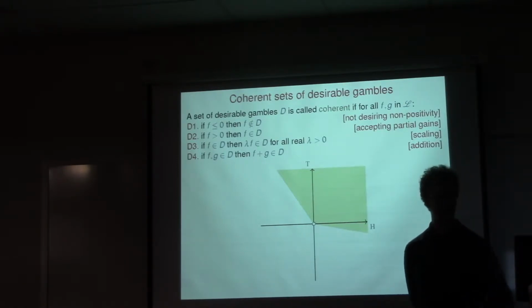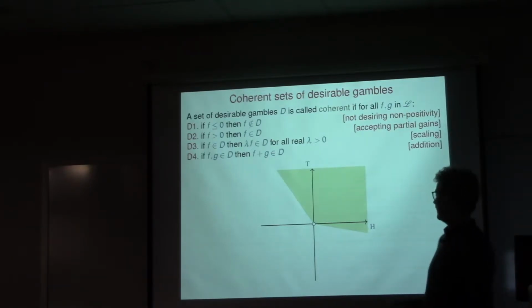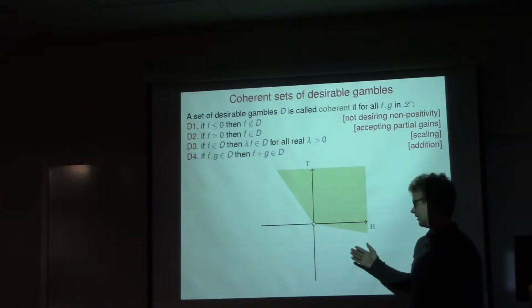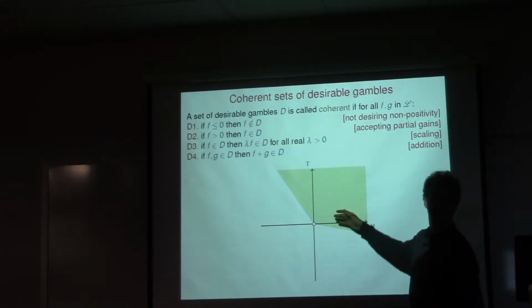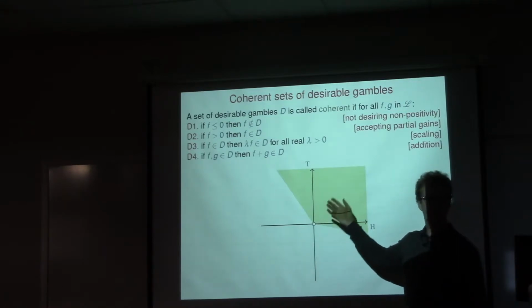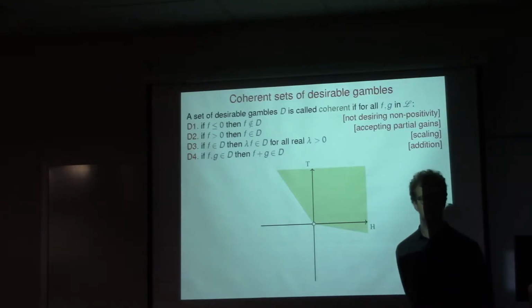I know there's a paper from Ghent, by Erik Quaeghebeur and Filip Hermans, that at least they claim to make it operational in the sense that they work with rejects, and they say, I reject the gamble, this is operational. And they can retrieve the full picture of these positive assessments by the rejects. But yeah, I have to think a bit about it.